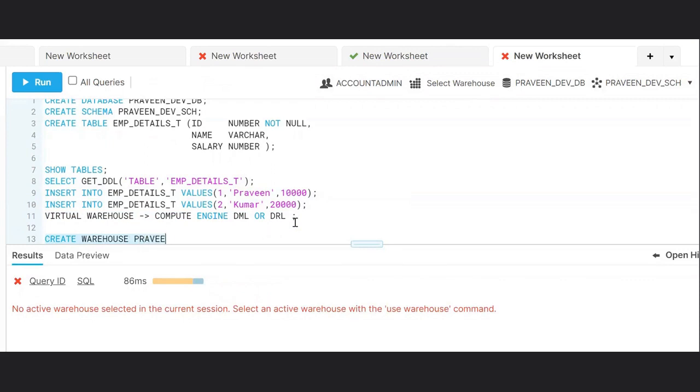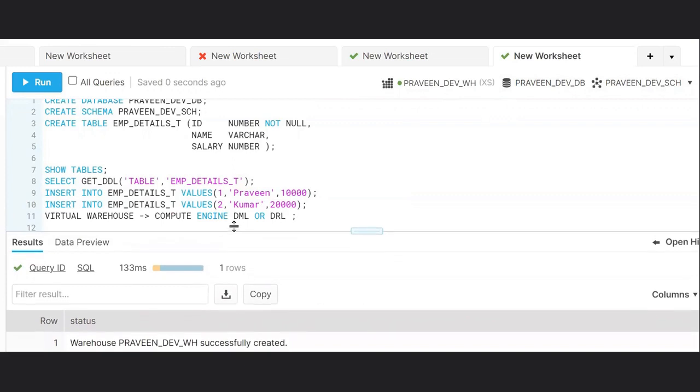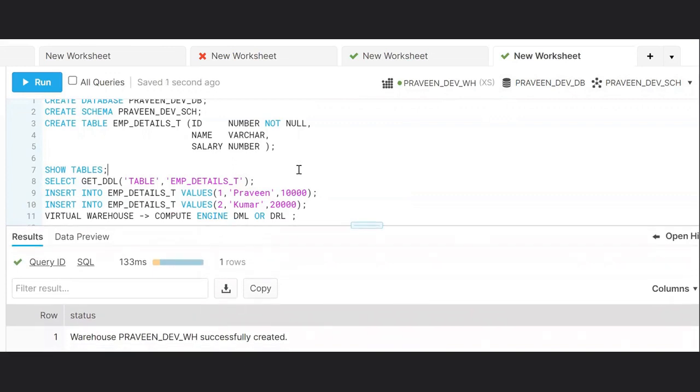Praveen_dev_WH. So this is my warehouse. When I execute this statement, it will get populated. See what happened: warehouse Praveen dev successfully created. Okay, so right now